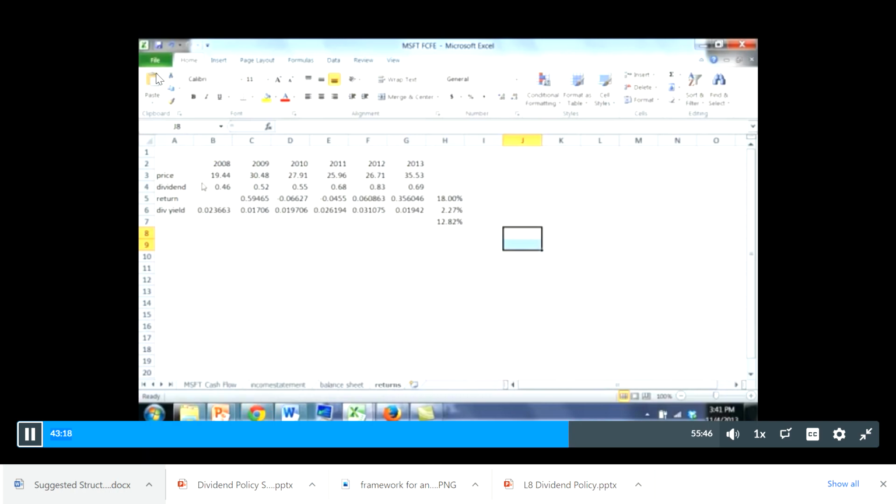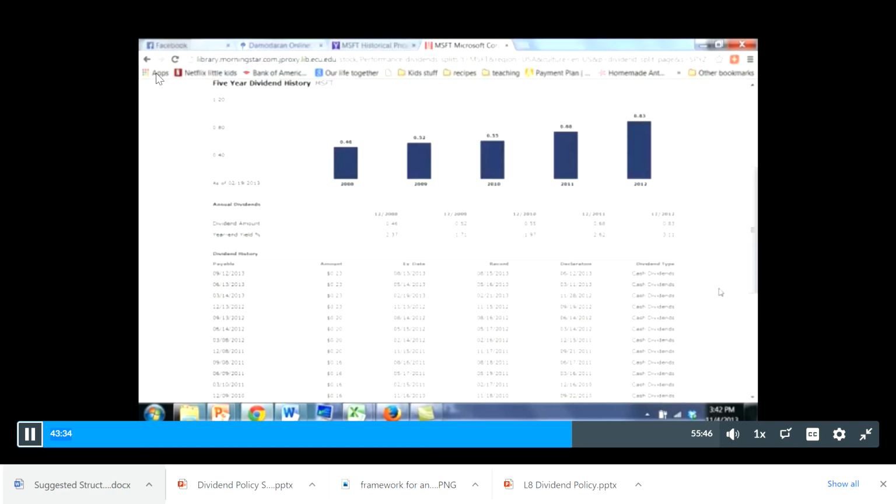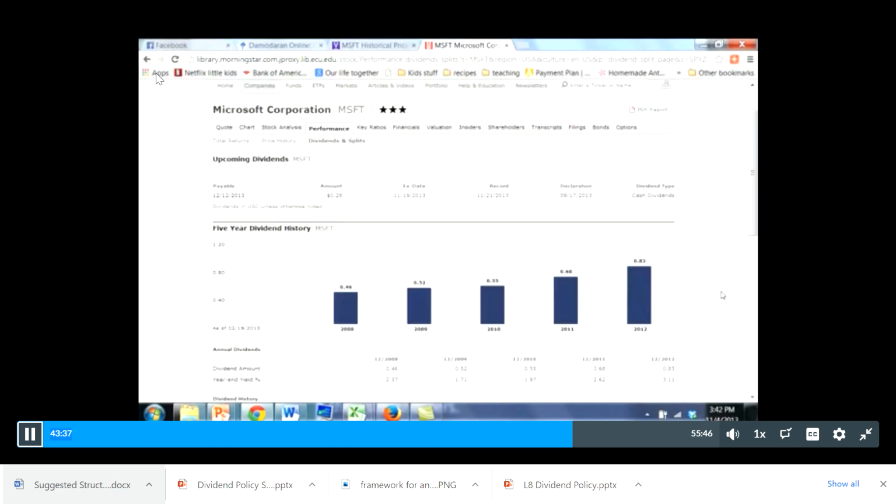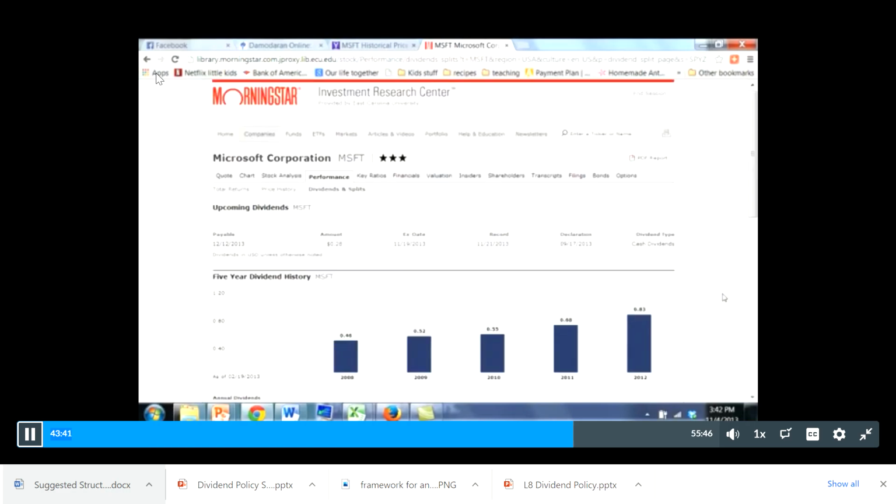And you probably already have stock price data because I did ask you to gather stock price data in order to compute your PE ratio and your market to book ratio. But now you're going to need dividend data. And a good place to get actually both of those things in a very simple format is to go to Morningstar. So you know the drill. To get on Morningstar, you go through the Joiner Library, you sign in if you're not already on campus, using an on-campus computer.